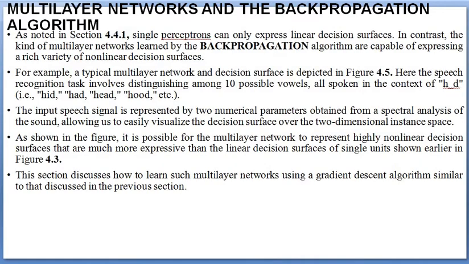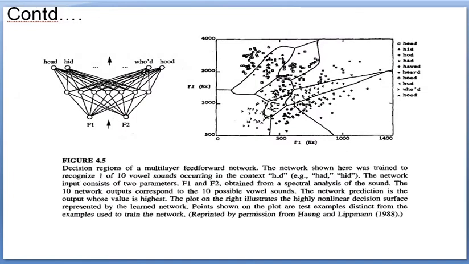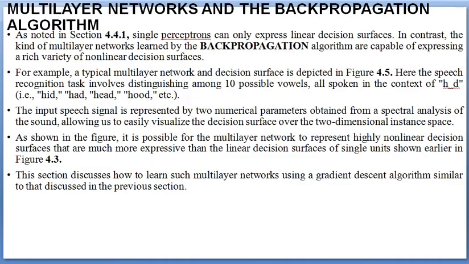So this is about the multi-layer perceptron. What it tries to tell you is that from a single layer perceptron you cannot get a non-linear decision surface. When you want a non-linear decision surface, where the results are very complex and obtaining the result becomes very complex, in such cases you can apply a multi-layer neural network.